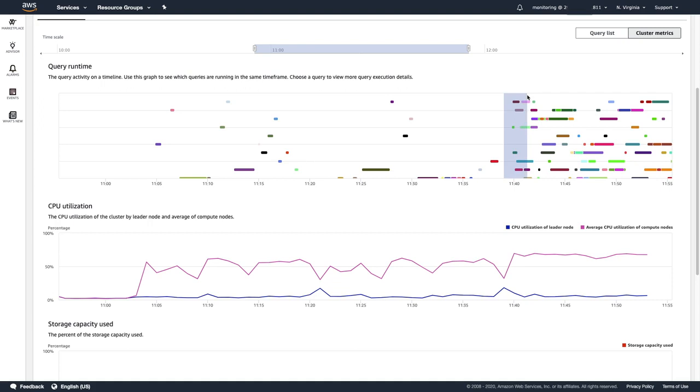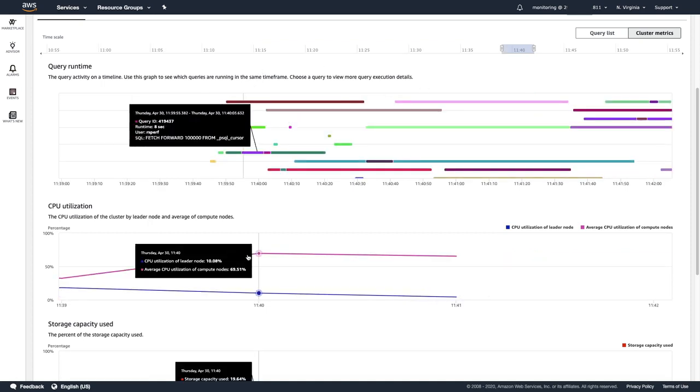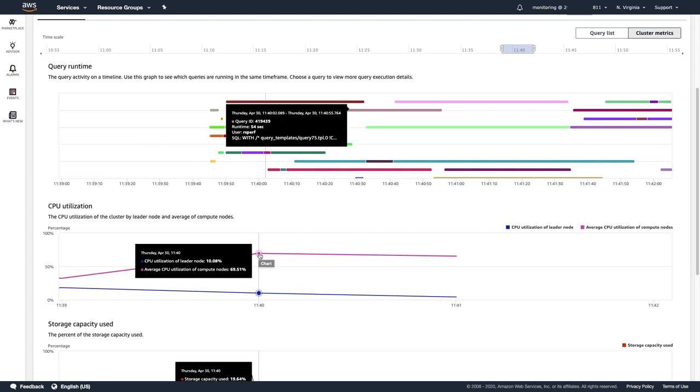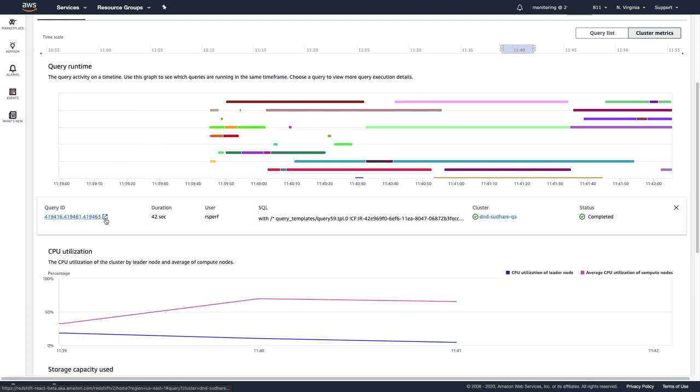You can actually drag your mouse and zoom in to that point in time when your CPU utilization was high, and this way once you zoom in you can easily pinpoint the queries which you were running at that point in time. And once you know the query, you can again click on the query and get to the link as shown earlier.